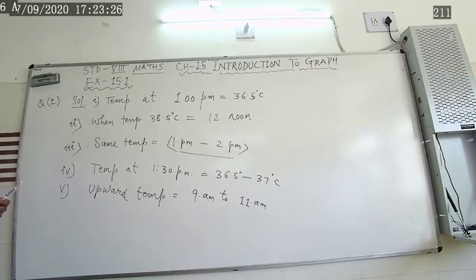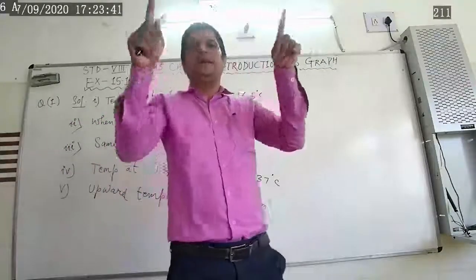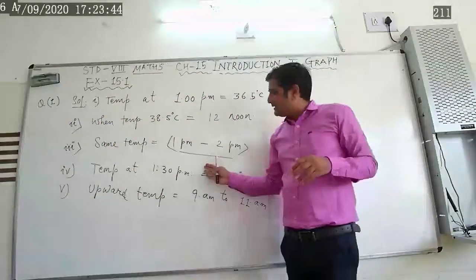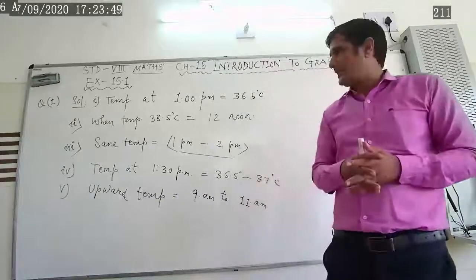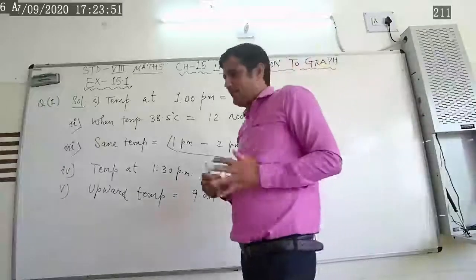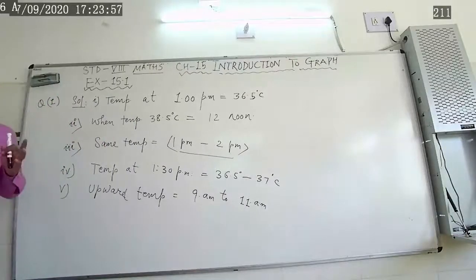So this was up to you. Question number 2, 3 and 4 are also the same as reading or analyzing the graph that you people can do. You have to do questions 2, 3 and 4 by looking at the graph. It is very easy work. You have to look at it in the textbook and draw it. So I will do question number 5.